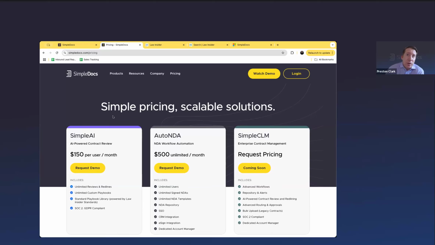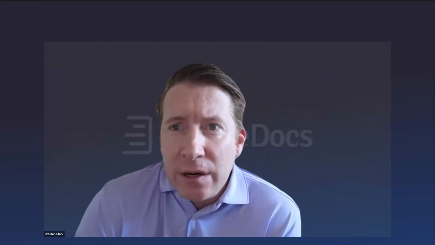So if you would like help building out your playbooks, converting your playbooks as they exist today into something that is AI ready, we will help you do that. Eventually, you will be better at it than we are because we want you to take that level of ownership over it, the same way you would your own Excel-based playbooks. But in the beginning, we're happy to do some of that heavy lifting. Okay, I think that is the bulk of what I wanted to share.